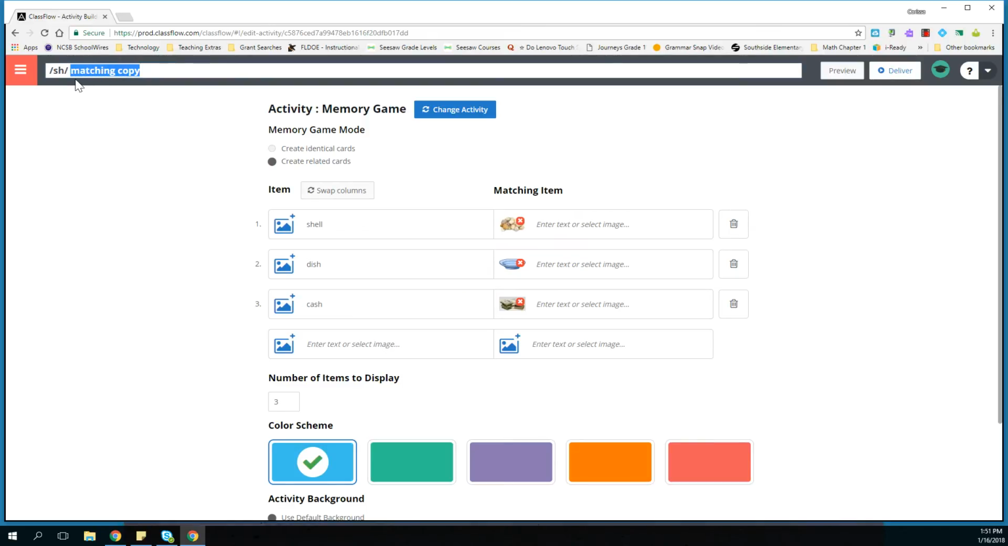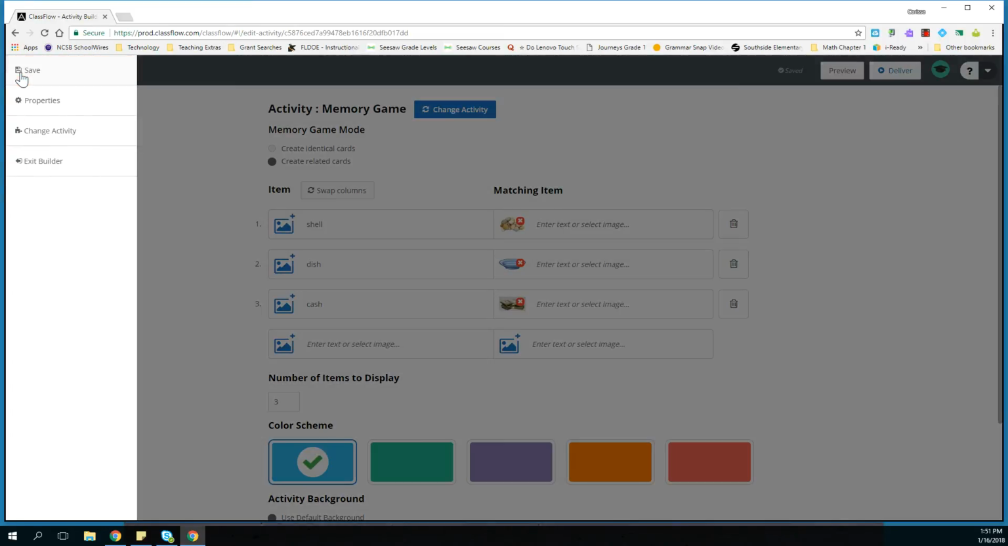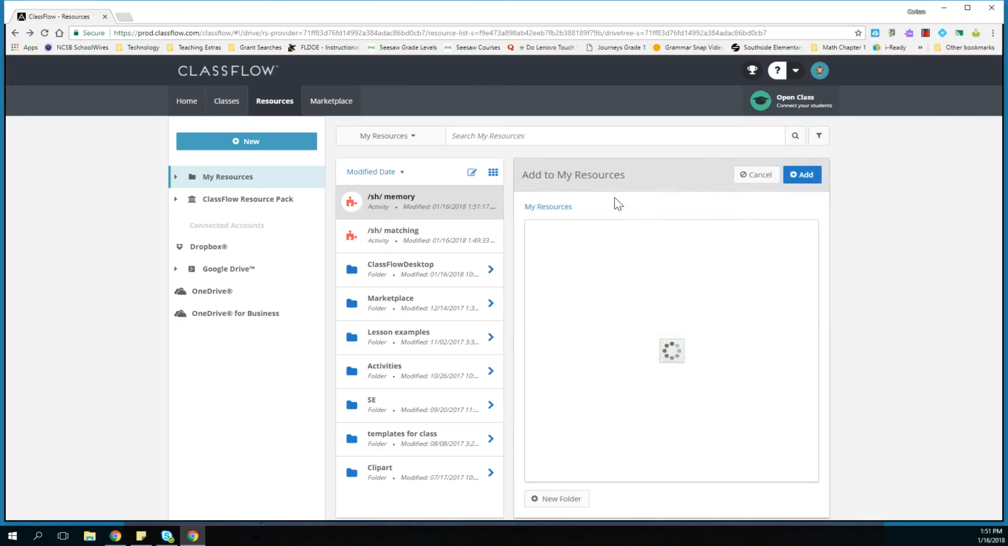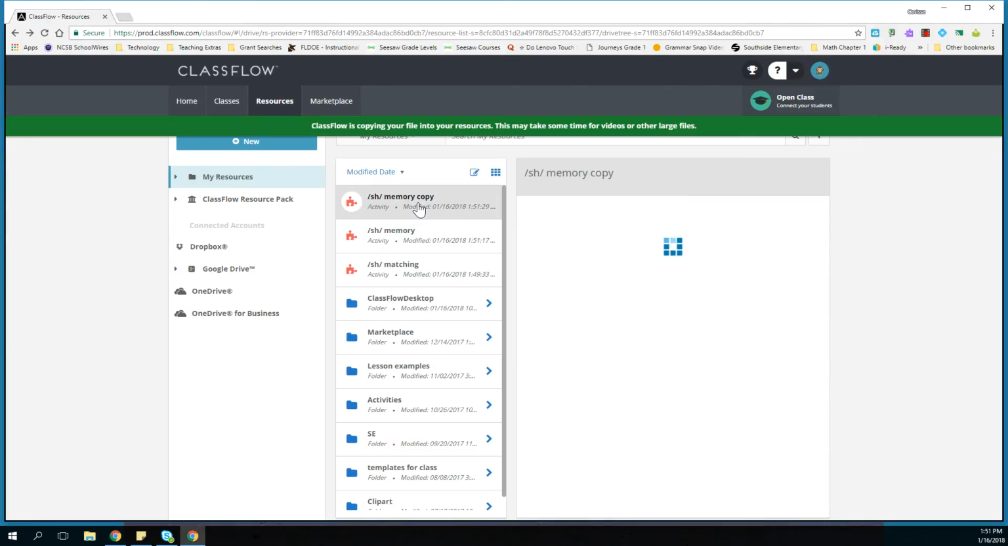Right here where it says SH Matching Copy, I would now change this to SH Memory. Then save, and now exit. So you have the option there. You've created two games, but you can still take this one, make a copy again, adding to your resources,